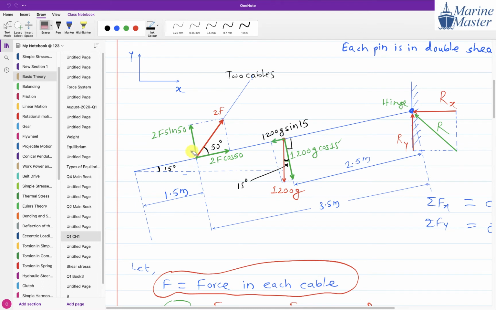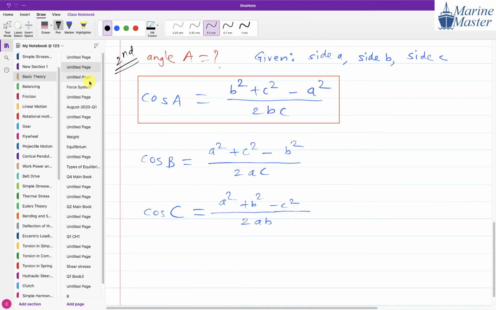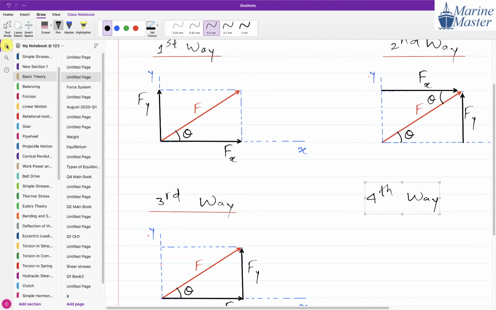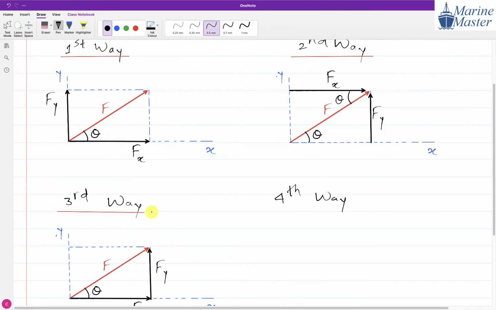So it is not always that we have to take a component horizontal and vertical. But remember, if one component is along the plane, then the other one will be perpendicular to the plane. We will see numerical problems after completing all this theory. You are getting my point? So you got the meaning of components?